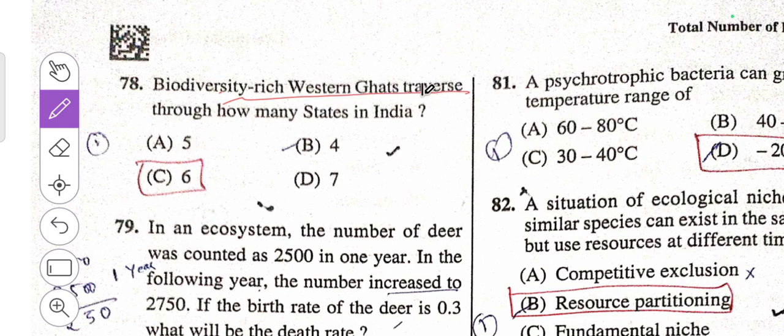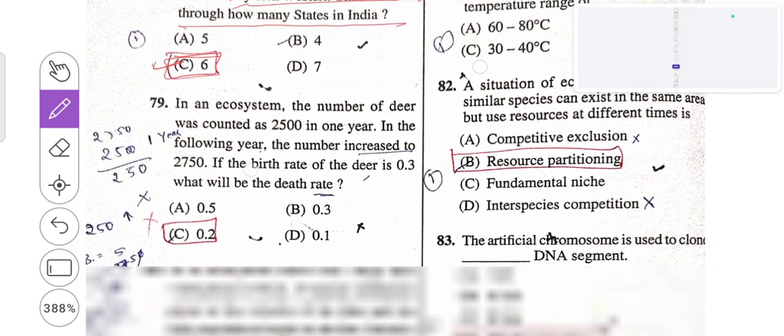Biodiversity rich Western Ghats traverse through how many states in India? 6 different states of India will be included in this rich Western Ghats. So 6 is the right answer. Then